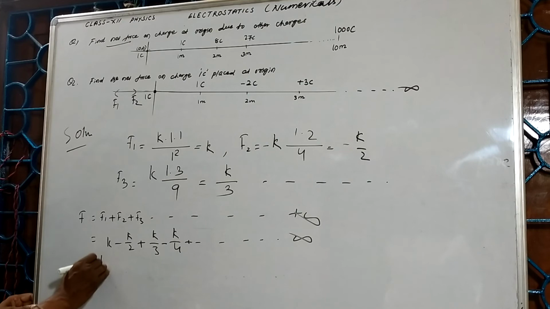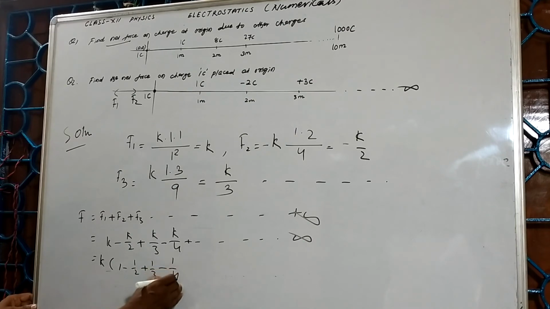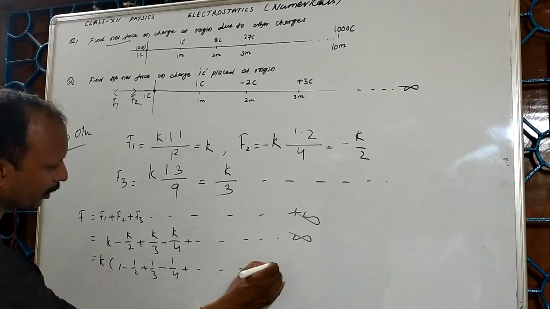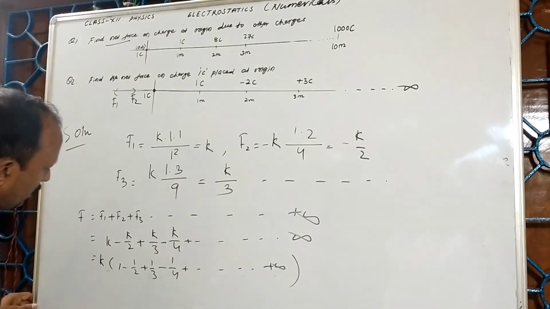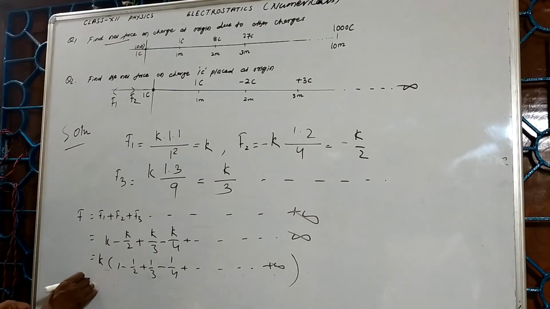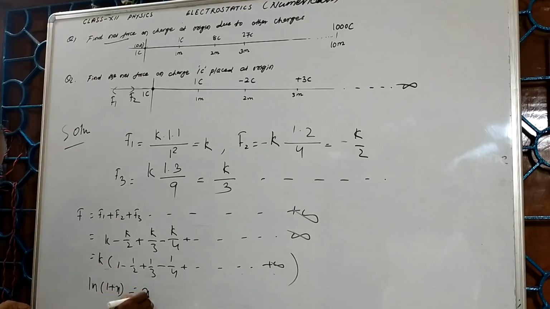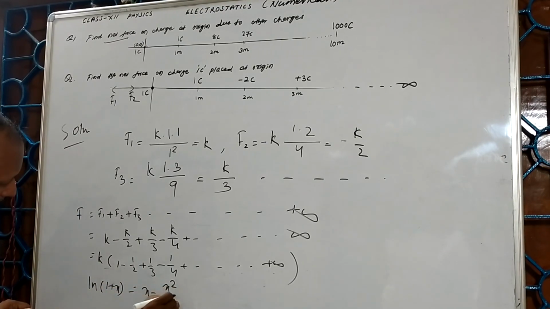If I take K common, it will be 1 minus 1 by 2 plus 1 by 3 minus 1 by 4 up to infinity. So we know that in natural logarithm, ln(1 plus x) is equal to x minus x square by